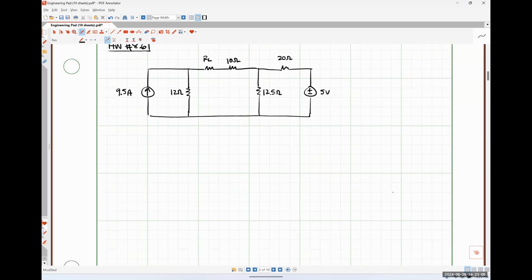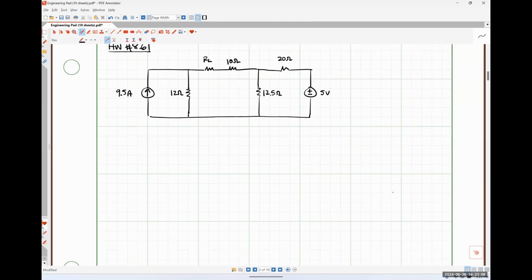So what I'm going to do is perform a source transformation on the practical current source on the left-hand side of the circuit, and I'm also going to perform a source transformation on the practical voltage source on the right-hand side of the circuit. So for my practical current source transformation over here, excuse me,